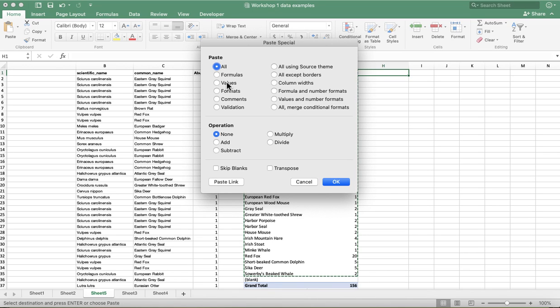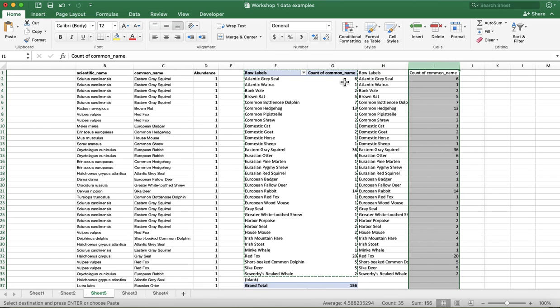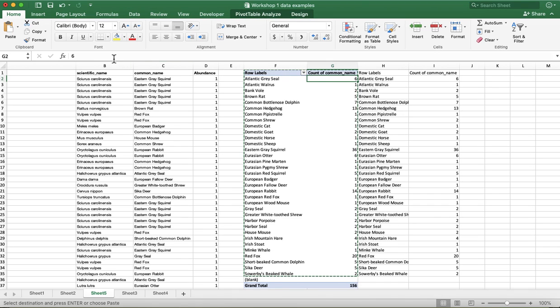So it's going to show the value that's in that cell and not have the formula behind it. And there we go. There's the same data, but now you don't have a function in each cell. Like if I look at G2 here, there's a function in there that gives me that 6, but here